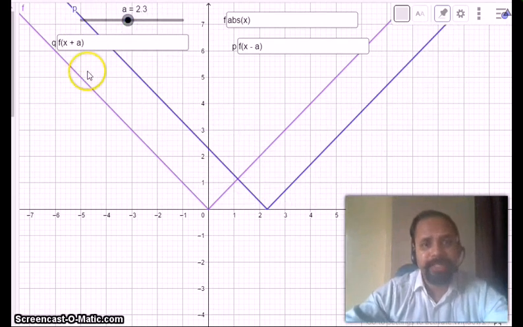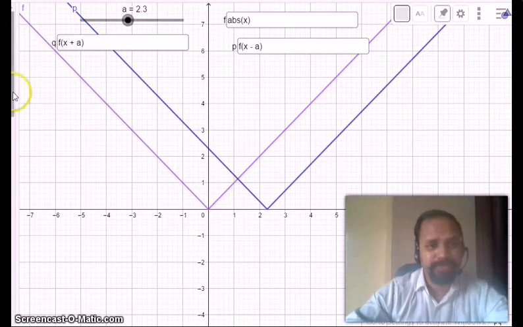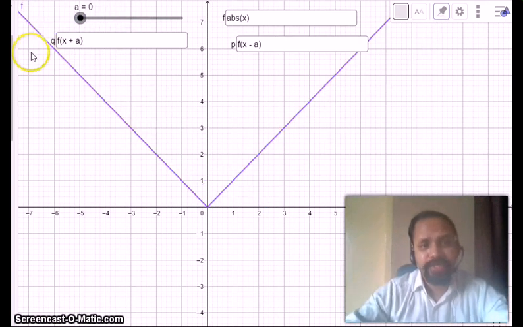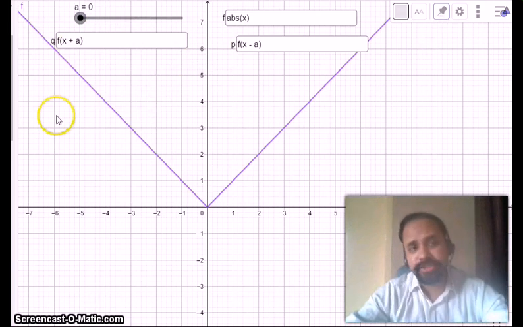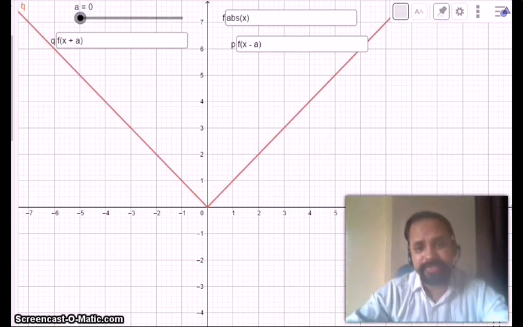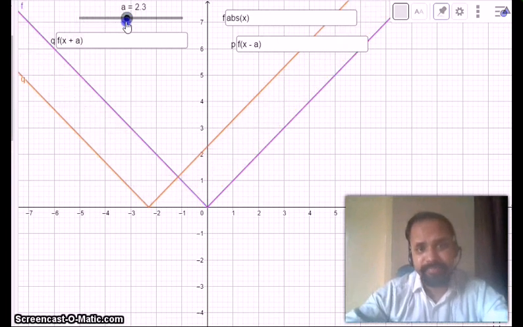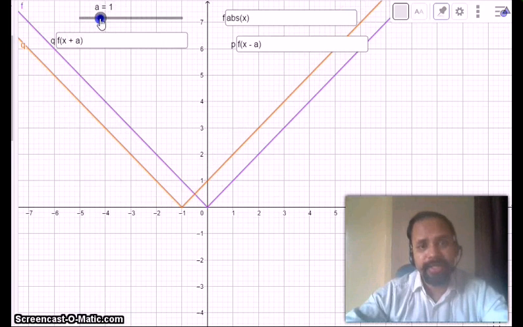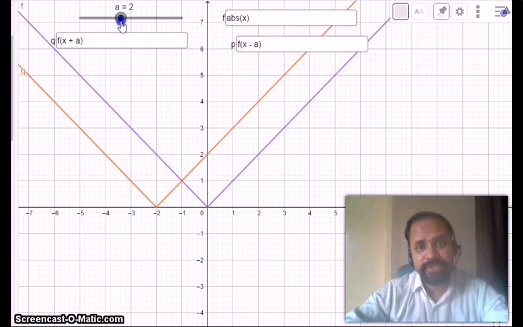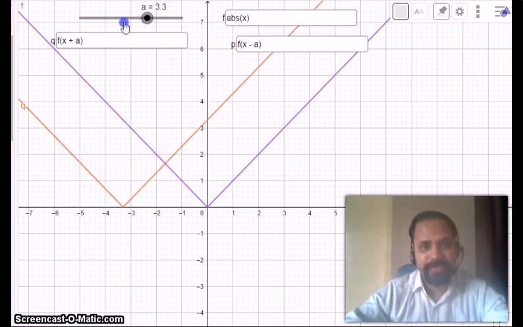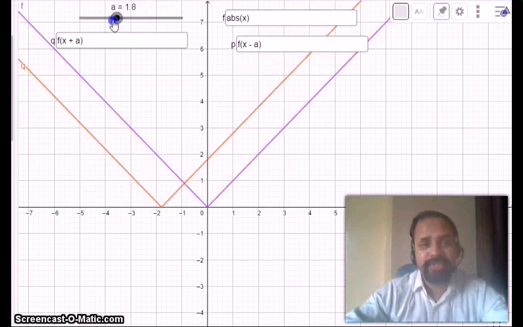And what will happen if we add, f of x plus a? That means if we add a in the function, then just as I told you, if we subtract a units, the graph shifts a units to the right. If we add a units, then this graph shifts a units to the left. Please see this graph. If we have a equals 1, it is shifted 1 unit left; if we have 2, then 2 units left, then 3, then 3 units left, and so on. This changes with the value of a.